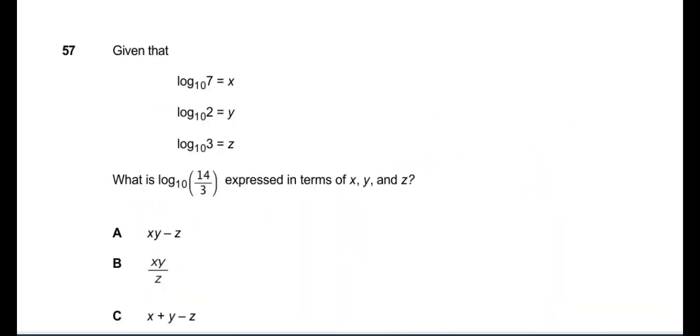Move to the next question, which is: given that log 7 is equal to x, log 2 is equal to y and log 3 is equal to z, find log of 14 over 3 expressed in terms of x, y and z. So log of 14 over 3